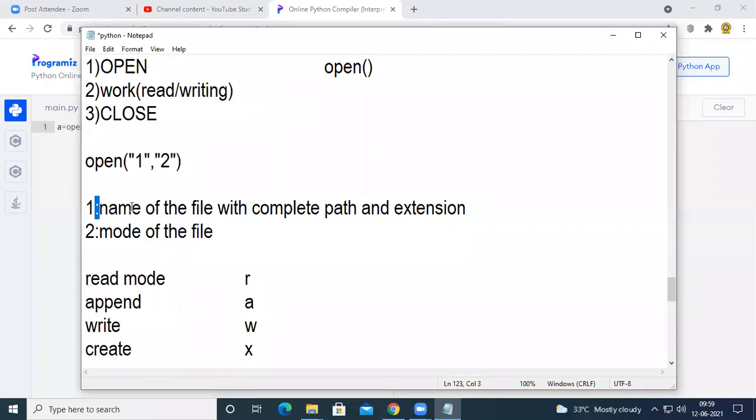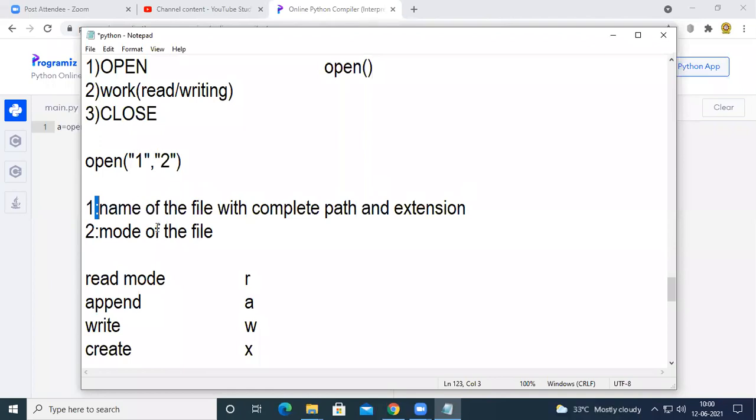By simply giving the file name, the Python compiler will not open the file. So along with the file name, we have to provide the complete path, meaning the location where the file is stored in the computer system, and the extension. There are different types of files, text files, binary files, Java files, C files, etc. So we need to pass the file name with the complete path and extension.